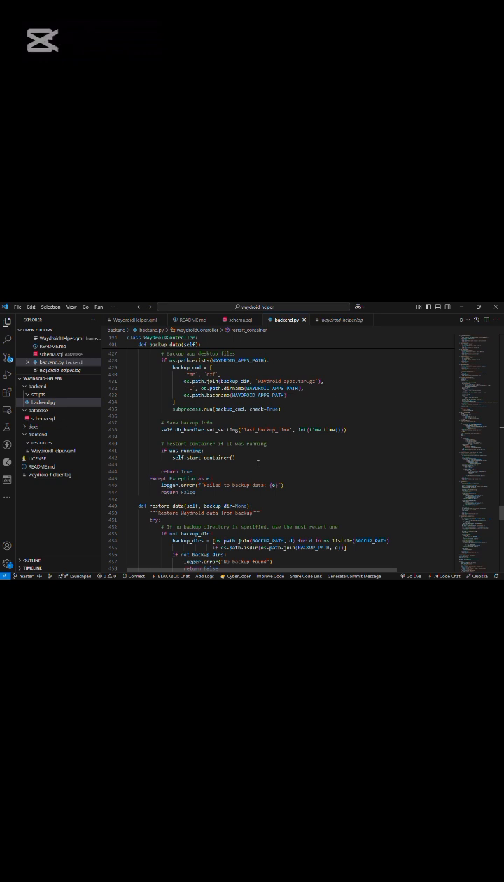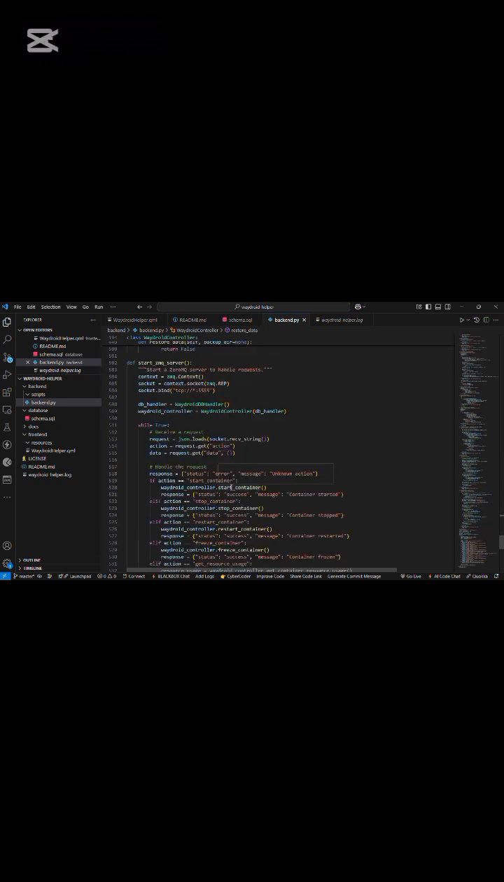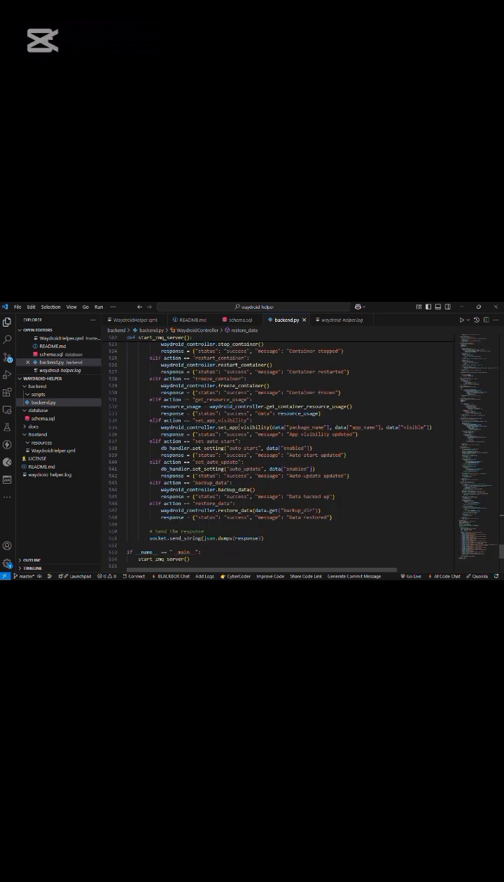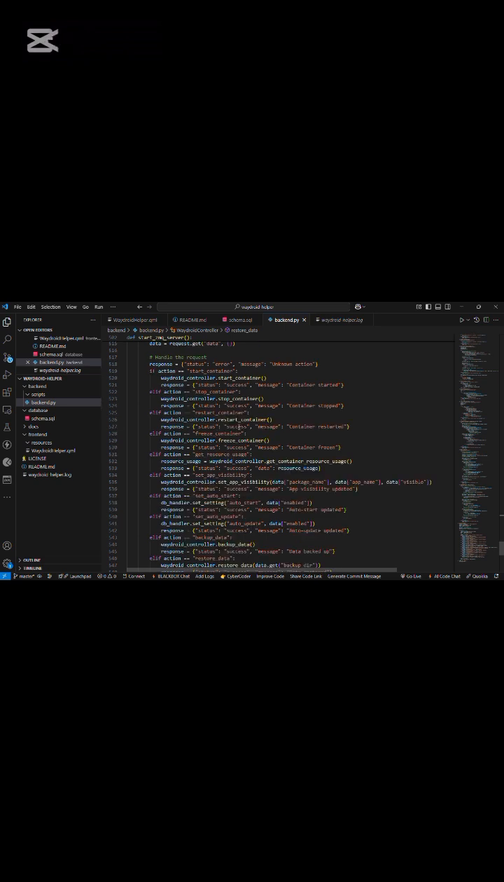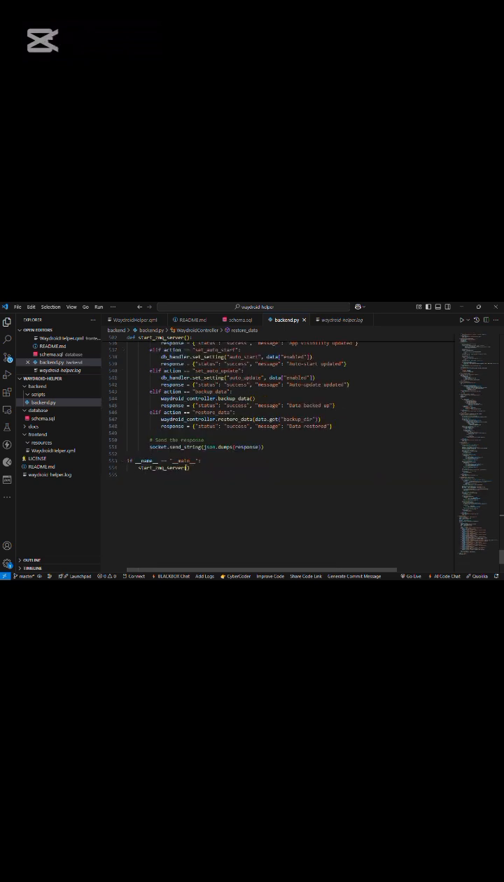And also now the argument parsing. This argument parsing is basically defining the command-line options: starting Waydroid, stopping Waydroid, checking if Waydroid is running, and even the resources, checking the CPU and the memory usage, and then the logs. And then finally, if name equals main, this just means the script runs only